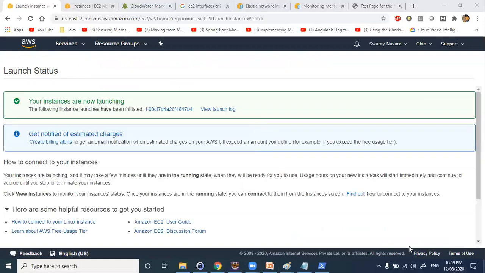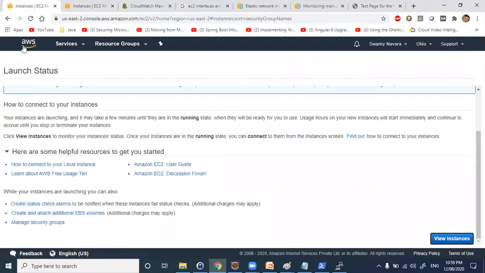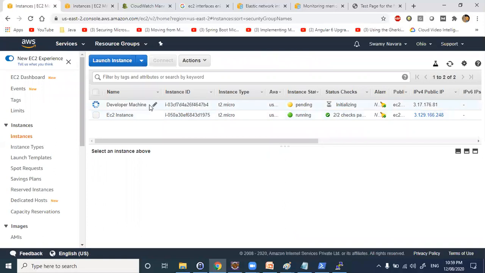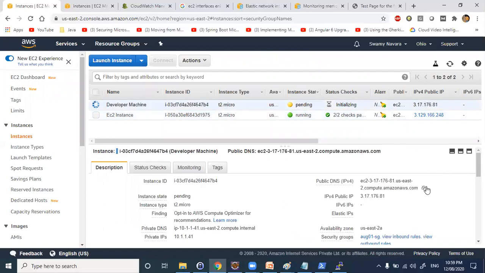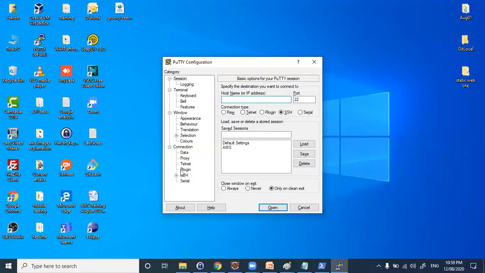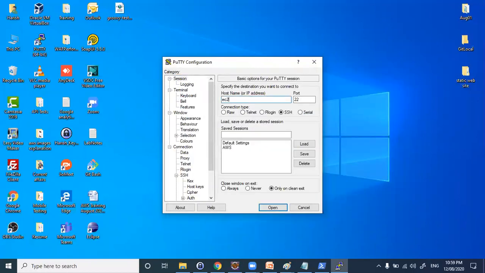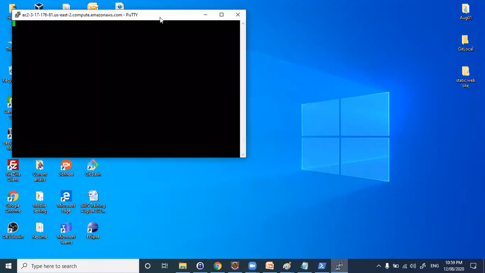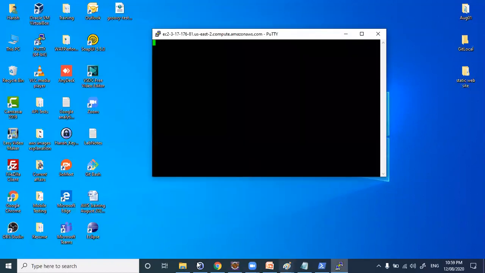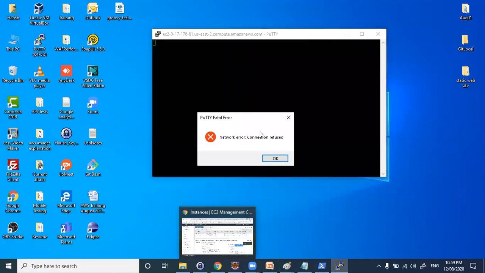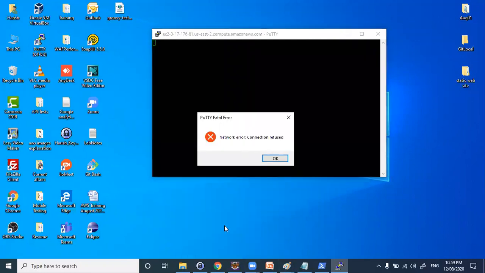so go to putty and copy this public DNS and any idea why connection refused?